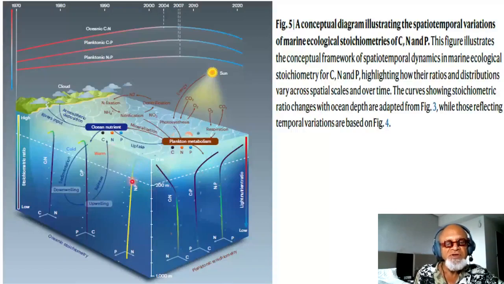So N to P, you can see again how the near surface changes are much more than the deeper changes, but here you see also C to N, C to P, N to P, and you have light nutrient ratios which are important, which is high near the surface because light is available and drops off as you go to about 1 kilometer. Is this very helpful? Well, just focus on these things and how things have changed over time.